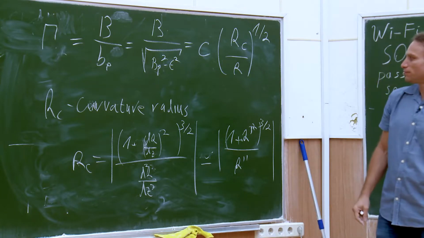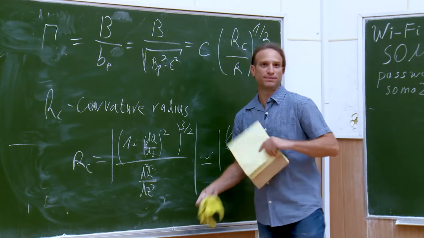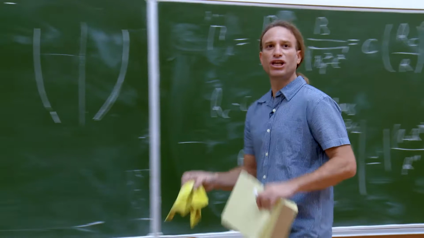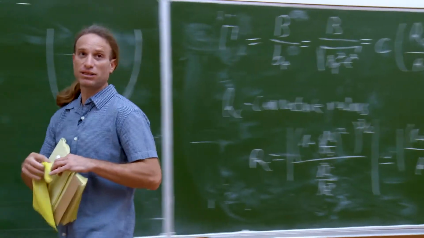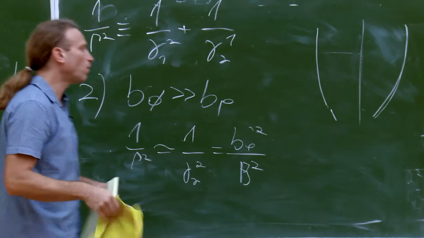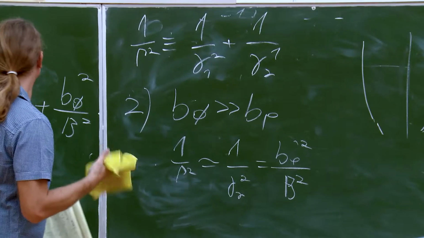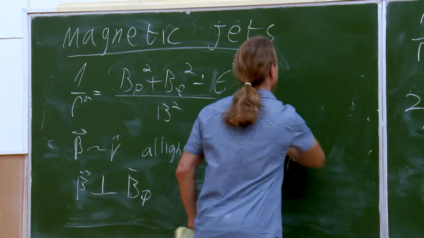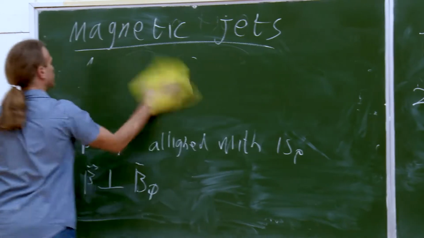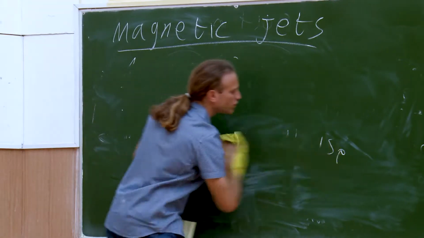So what does this mean? Again, we have two regimes. One, I get this expression, and the other one I have roughly linear acceleration when I'm away from the light cylinder. Okay? So now let's take jets with certain shapes. So how do I set the shape of the jet?